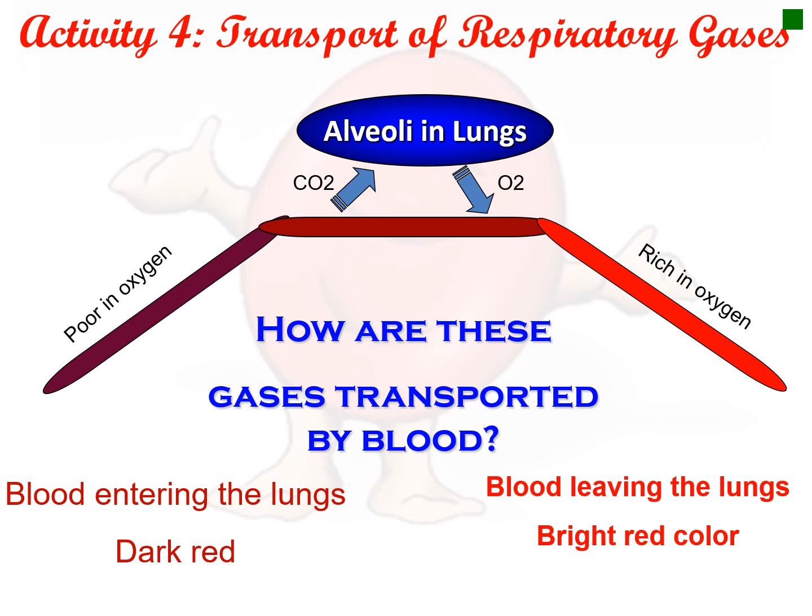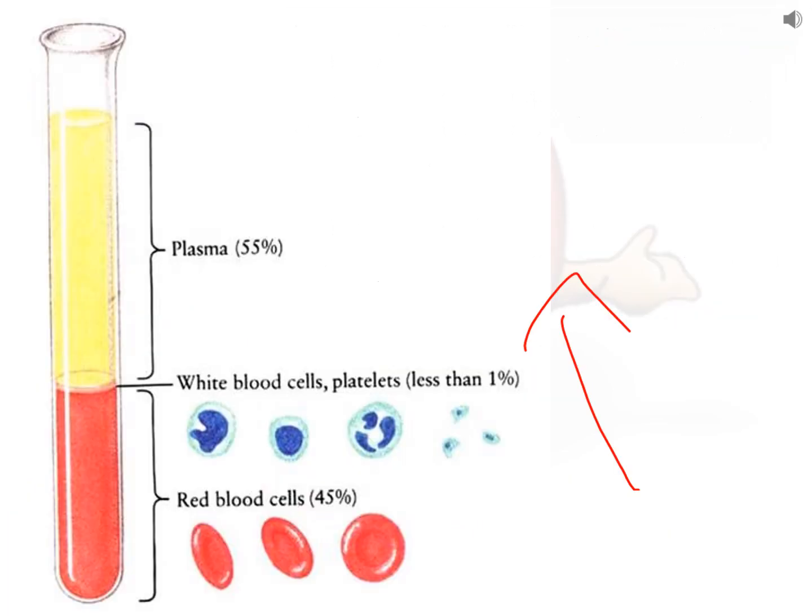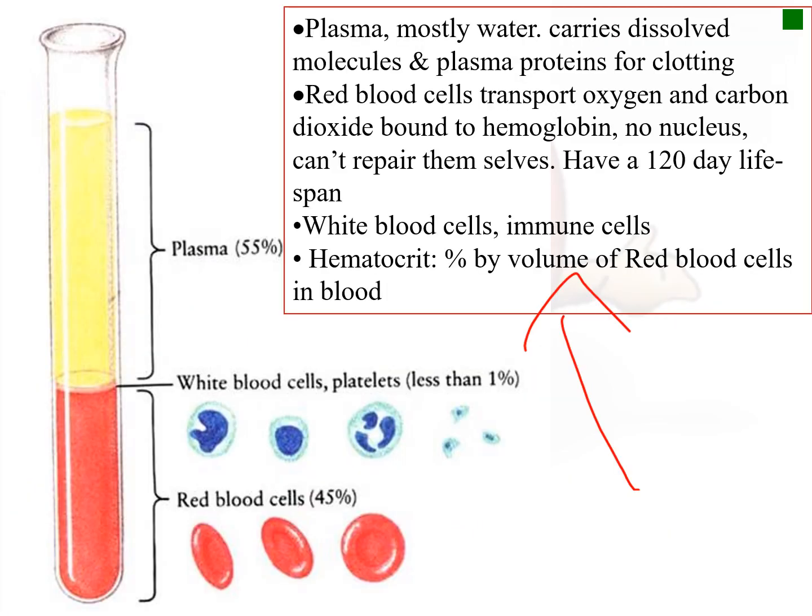As we know, the blood entering inside the lungs has dark red color since it's poor in oxygen, while leaving the lungs, it is supplied with oxygen, so it is bright red in color since it is rich in oxygen. How are these gases transported? By blood. Blood is composed of plasma 55%, white blood cells and platelets less than 1%, and the red blood